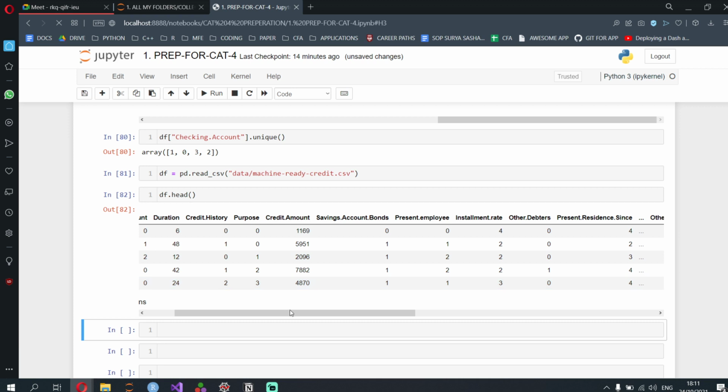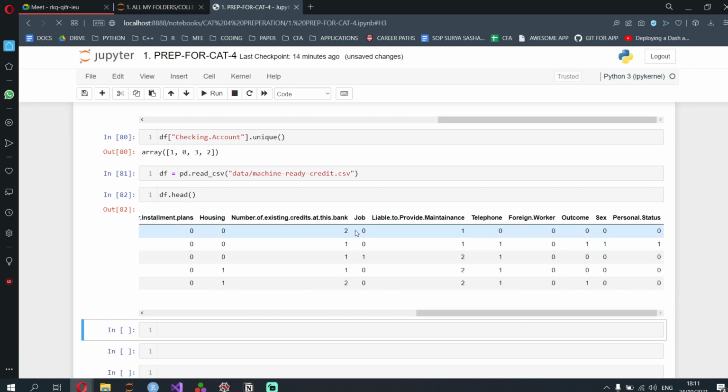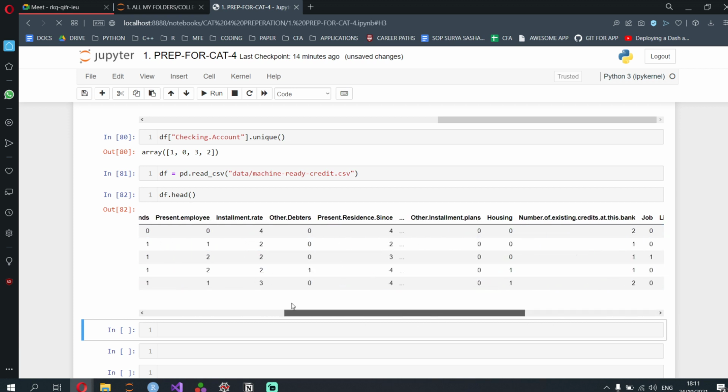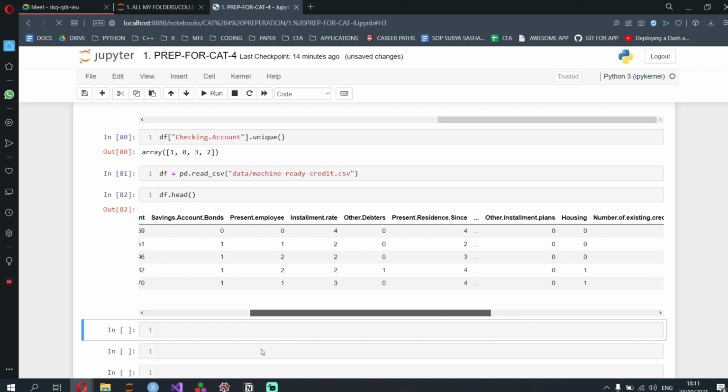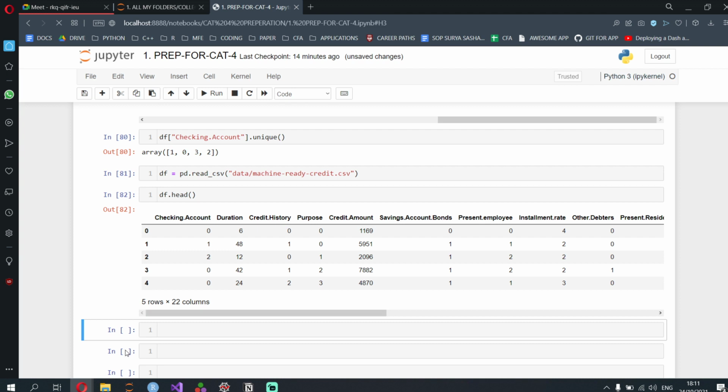Duration is in 6. There's not even a single text column, so this is machine ready. That means the machine learning algorithm can now do whatever it wants on this because it's like normal data. Okay, next step: standard scaling, and we have two more steps over here, which are standard scaling and train